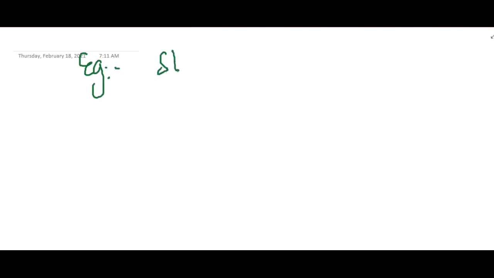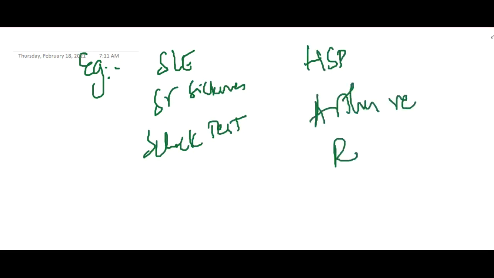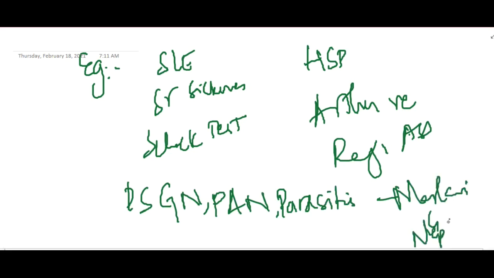Examples include SLE, serum sickness, Schick test. Schick test is done for Corynebacterium diphtheriae. Henoch-Schönlein purpura, Arthus reaction, Raji cell assay. Then we have post-streptococcal glomerulonephritis, polyarteritis nodosa, and some of the parasitic diseases like malaria, which is leading to the formation of nephrotic syndrome. So all these are the examples of type 3 hypersensitivity reaction,